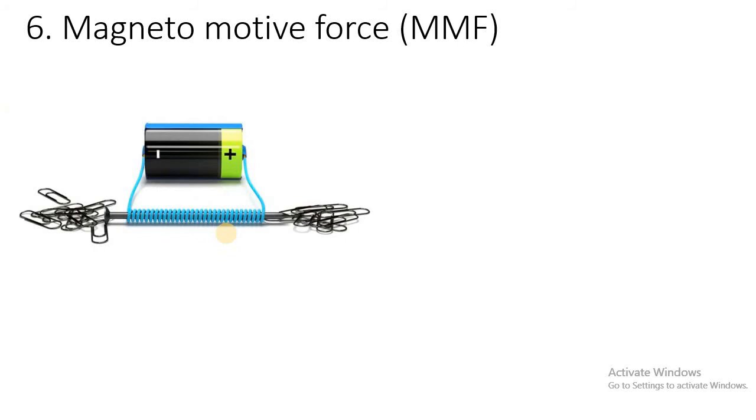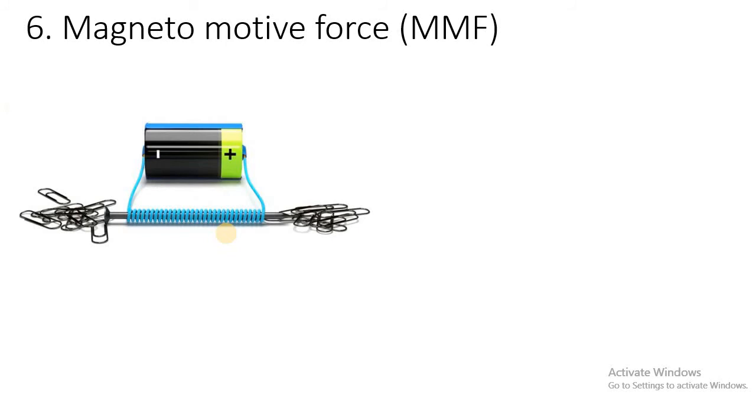Now suppose the supply current is doubled from 0.1 ampere, now it is 0.2 ampere. What will be the effect on the number of U pins attracted? Will it increase or decrease? Increase, exactly. Now this electromagnet will be able to attract more U pins at its end. Why? Because we have increased current, by increasing the battery voltage.